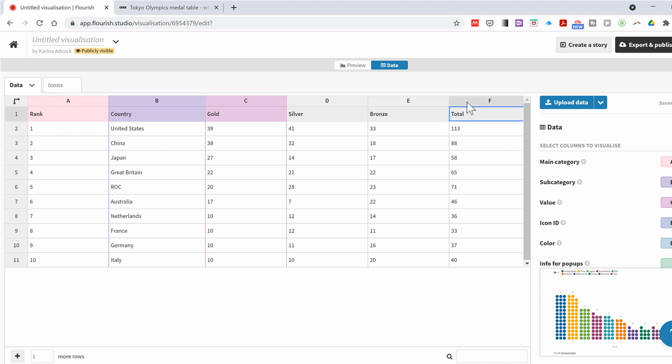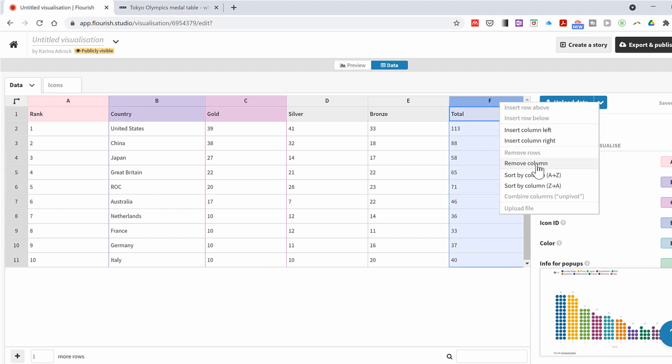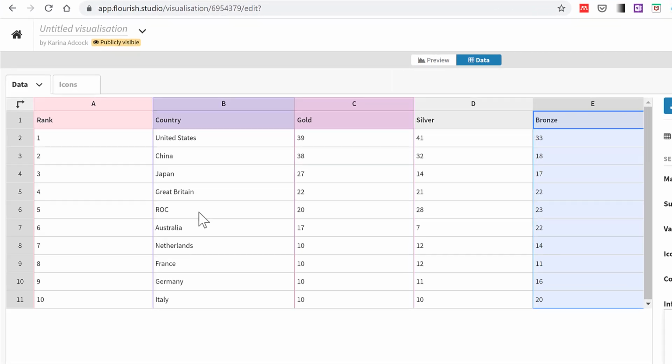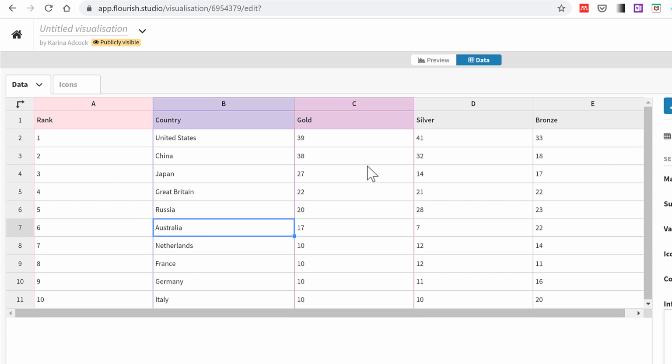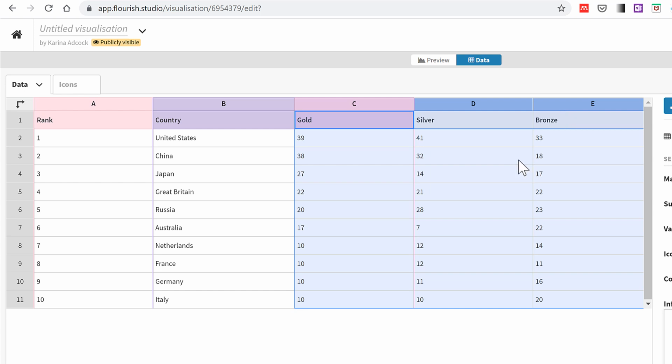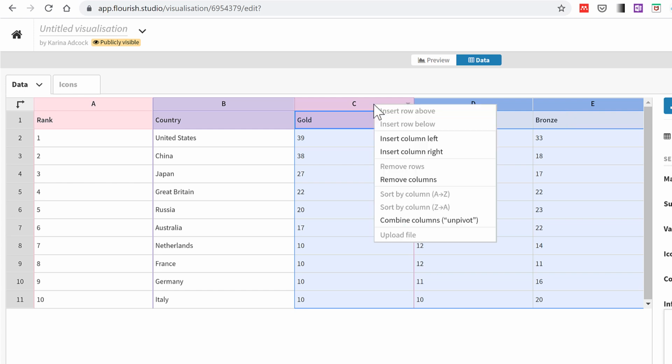Now I don't want the totals column here, so I'll just right click and remove that column. Also in the countries column, ROC here stands for Russian Olympic Committee, but I'm just going to change that to Russia. Then I need to rearrange this table, so I'll select the gold, silver and bronze columns and right click